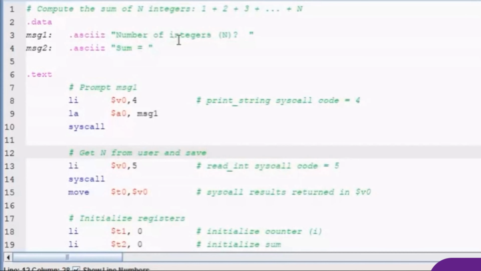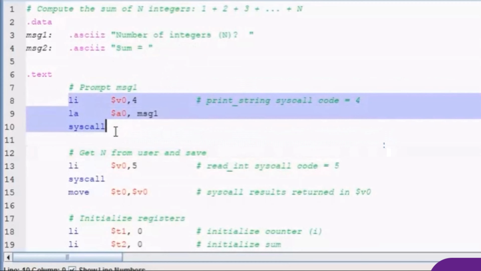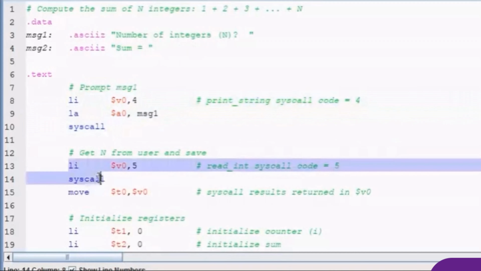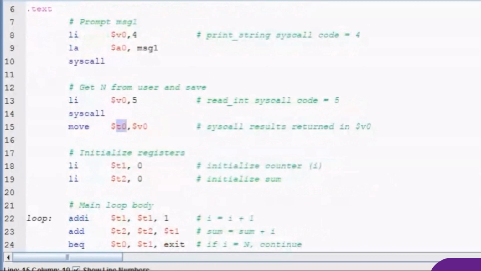As you can see in the data segment, I declared two messages. One is a prompt for the user to enter the value n, and after I find the summation, I will print the other message and then print the value by using a system call. So in this part, I display the first message on the screen and then I read one integer by using system call number 5 and store it in a temporary register